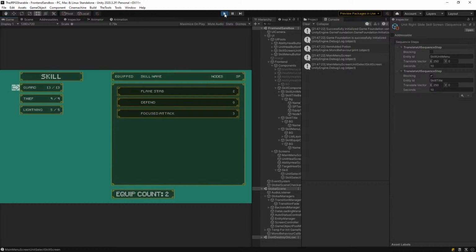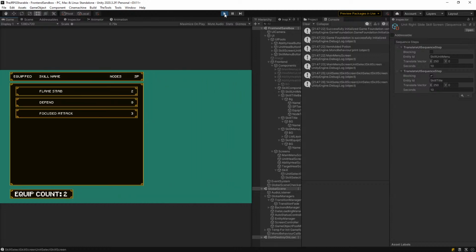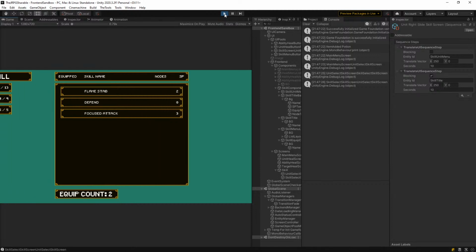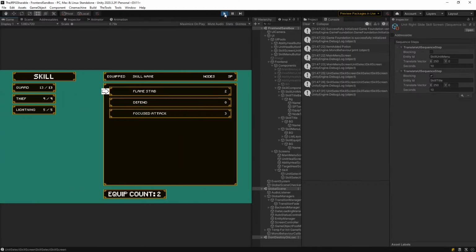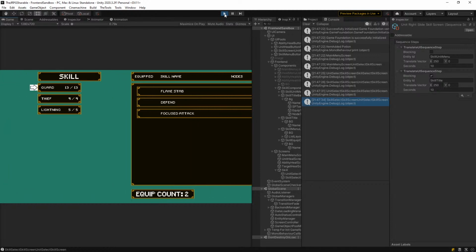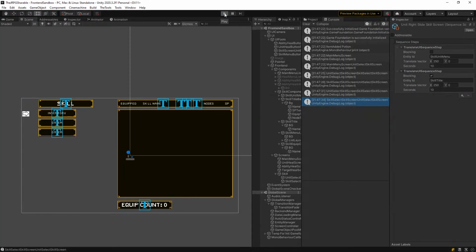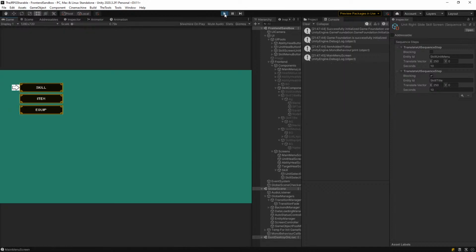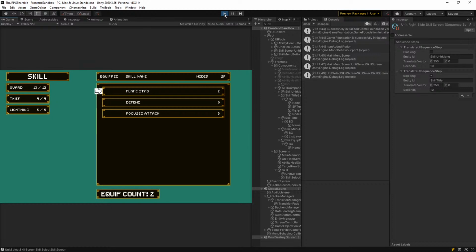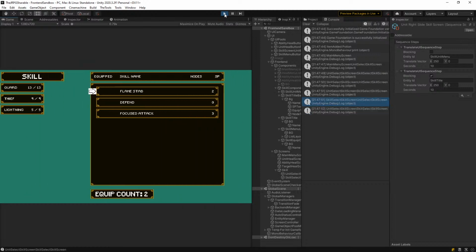What if I go slowly? So in, back. I don't know what's happening. Okay, I give up. That's unsatisfactory for narrative purposes, but